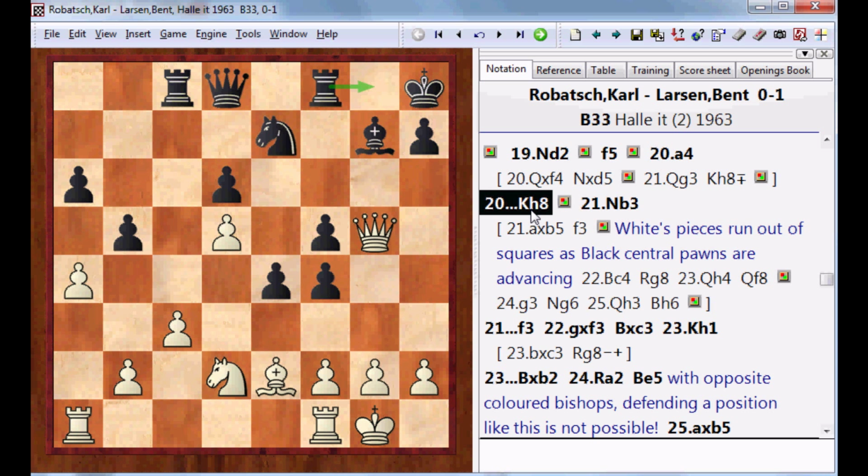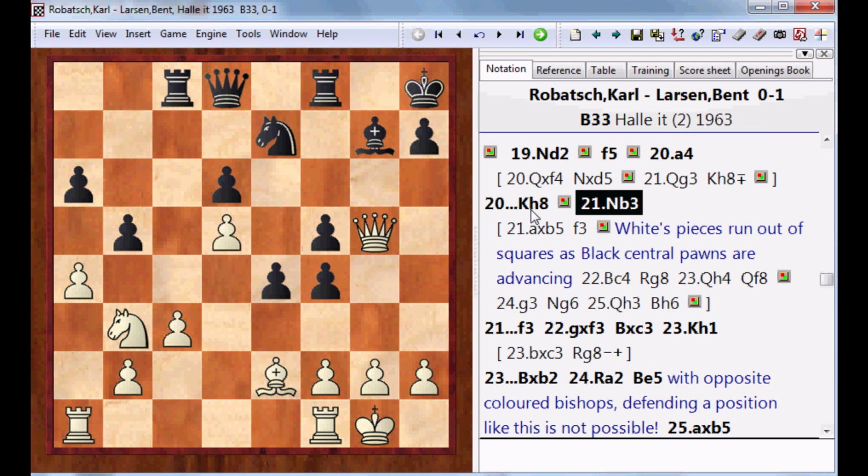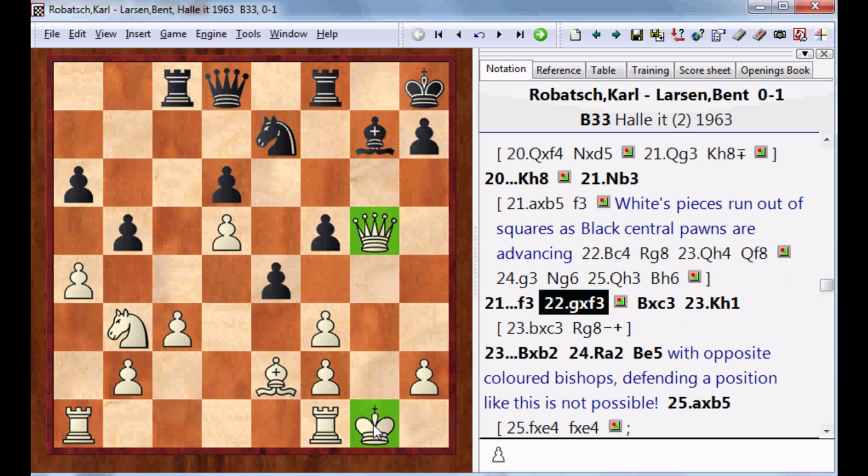Instead, he tried to get the knight out of that square immediately, so he went knight to b3, but Black just followed up with f3. He just wants to open up the g file. White had to take, and now immediately Black exploits the fact that the g file has opened up and the queen and the king are on that file. So he goes